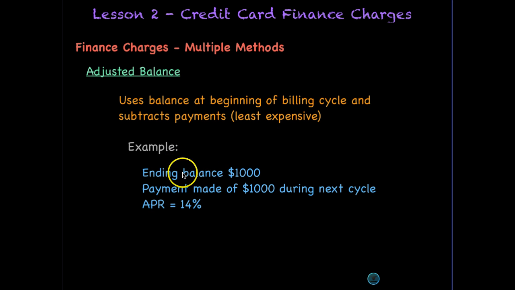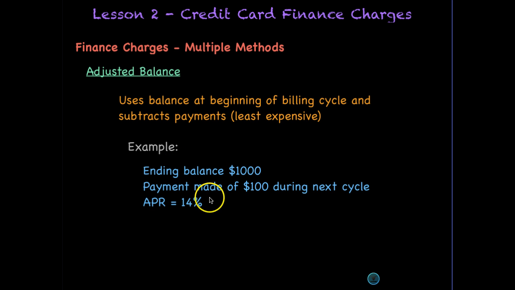Let's try an example. In this example, we'll say we have an ending balance of $1,000 again, and then we made payments of $100 during the next cycle. Our annual percentage rate is 14%. So let's calculate our finance charge. In this example, we would have our $1,000 from the beginning of the billing cycle, we would subtract any payments made during the next billing cycle, which would be 100, and we are left with 900, which we would pay a finance charge of 14% per annum,